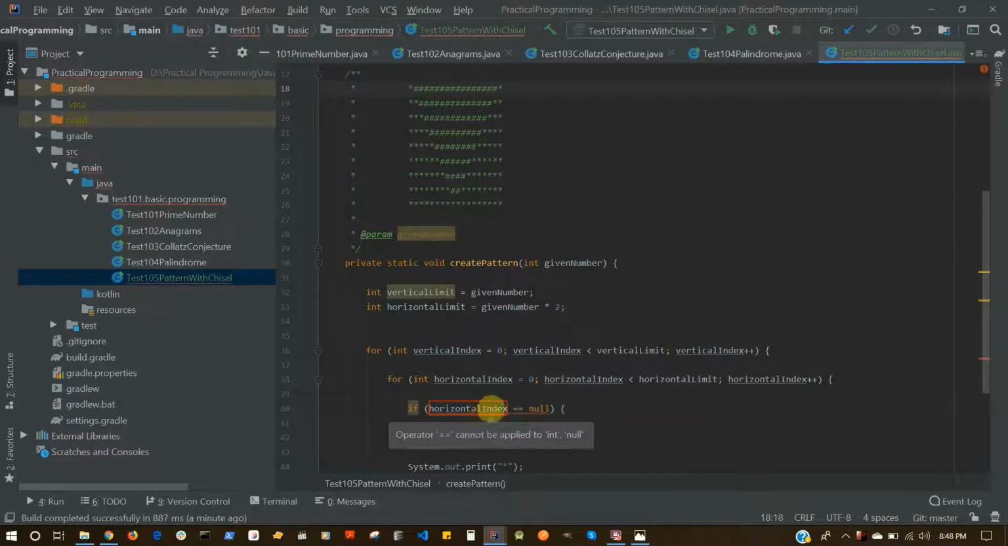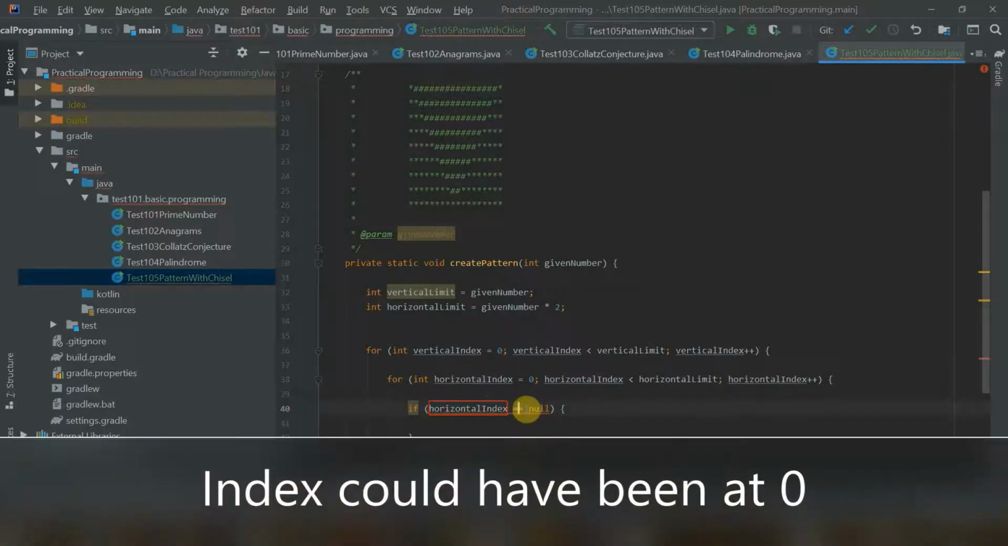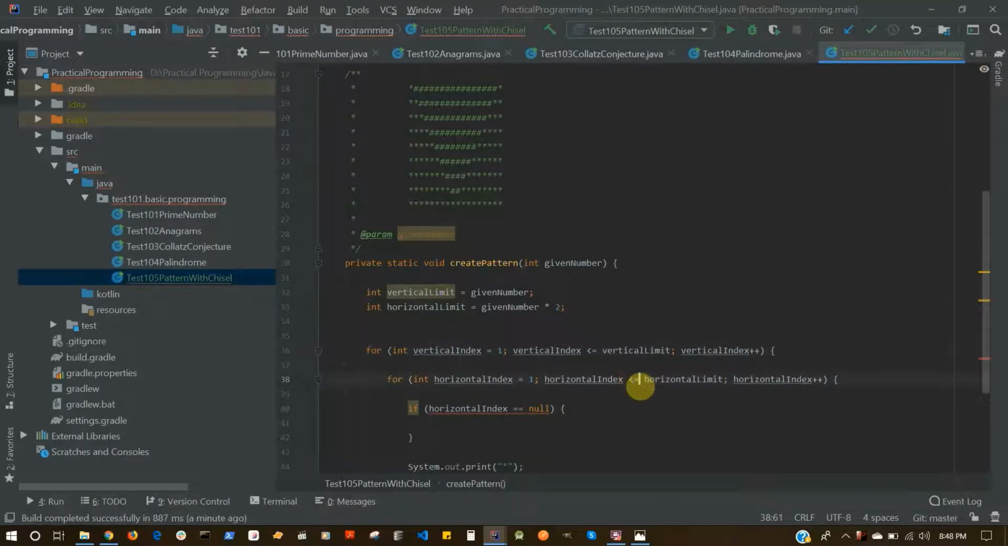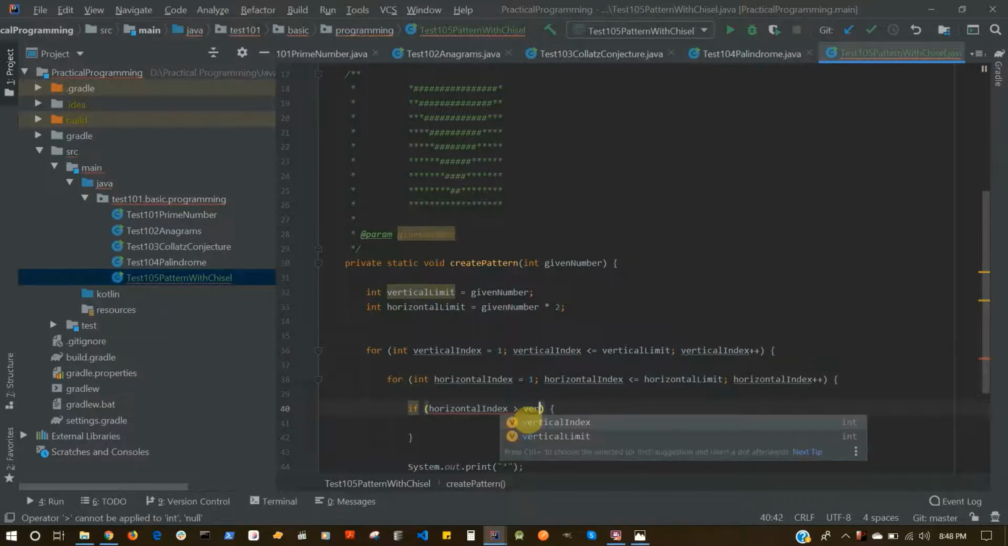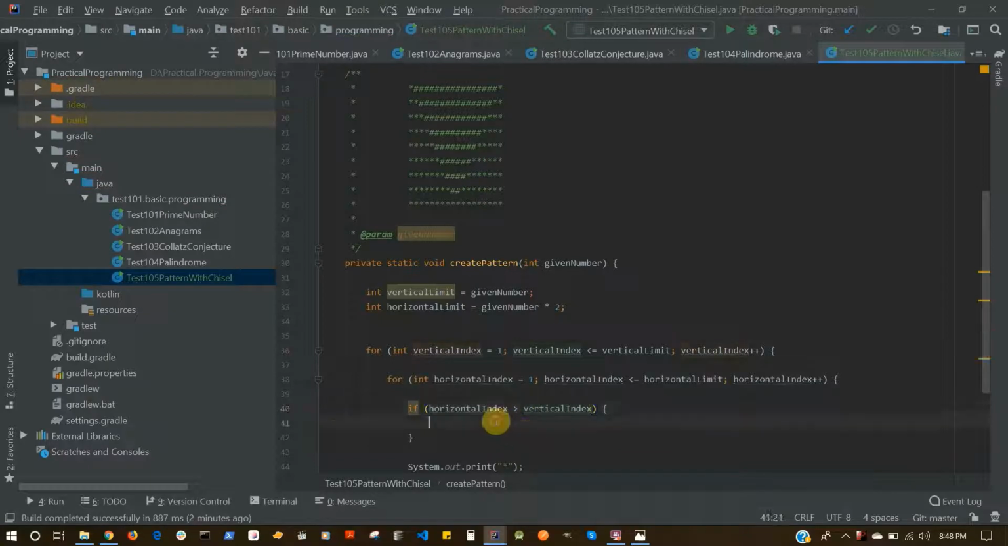So the horizontal index starts at 0, but we know the index is always at 1. Let me do this one, and let me do 1 here. To correct that, I need to increase this, so I'm going to say equal to here and equal to here. Now that I know the vertical index always starts at 1, so let's say if the horizontal index is more than the vertical index, then only is it going to print our hashtag,